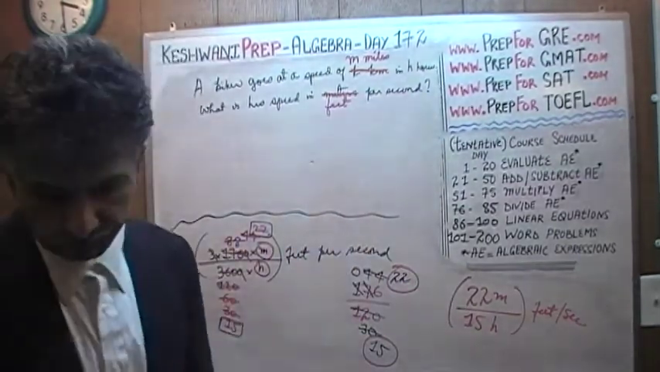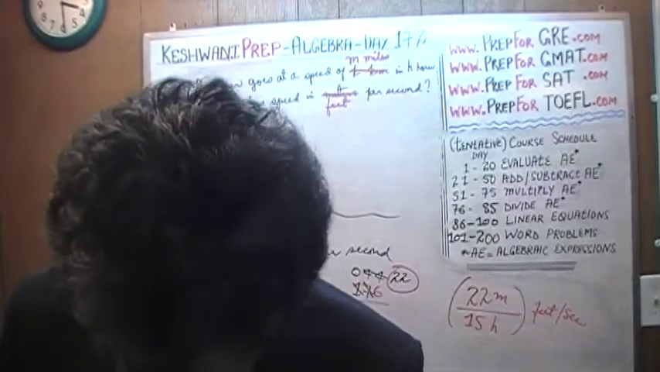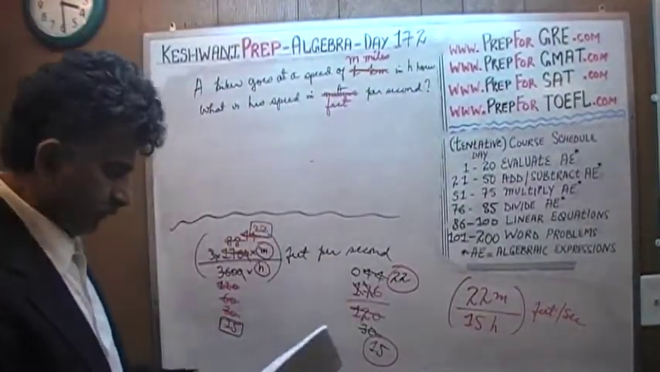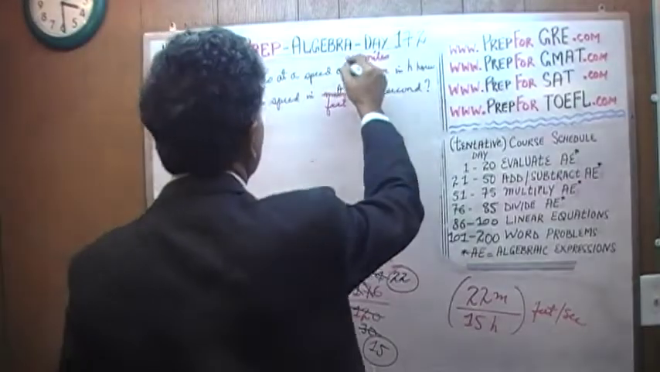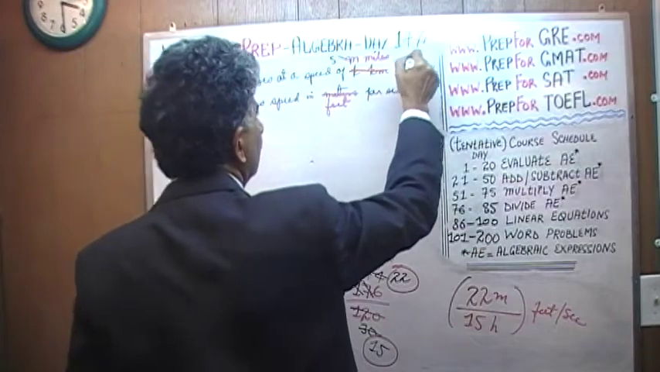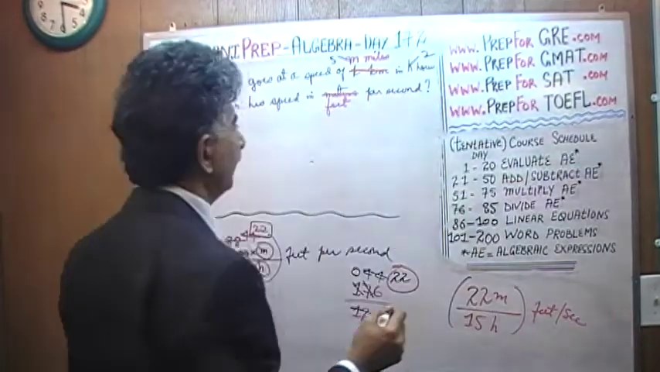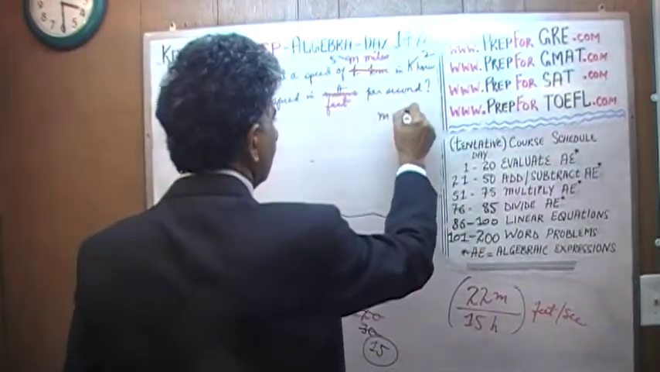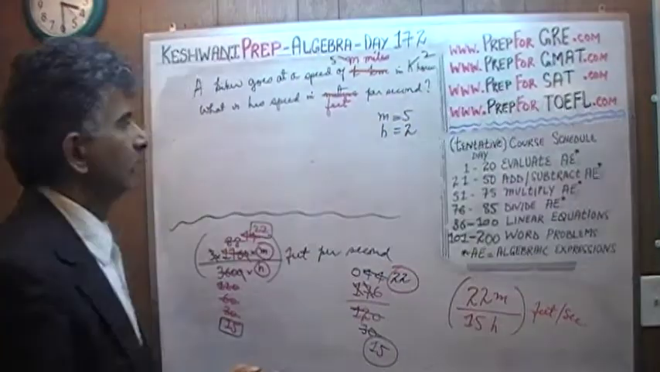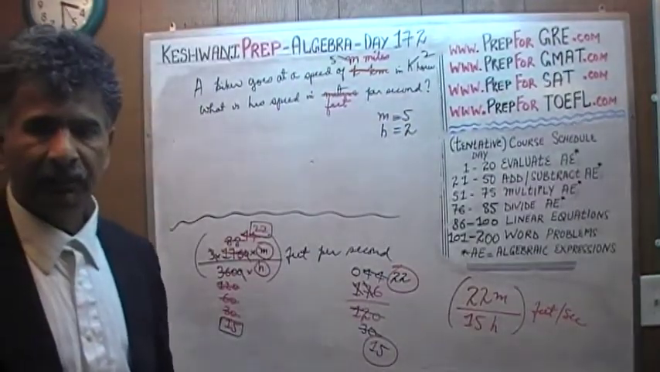So let's plug in numbers. How fast do you want him to go? Let's make him go 5 miles in 2 hours. In other words, we're plugging in 5 for M and 2 for H. So if he's going 5 miles every 2 hours,